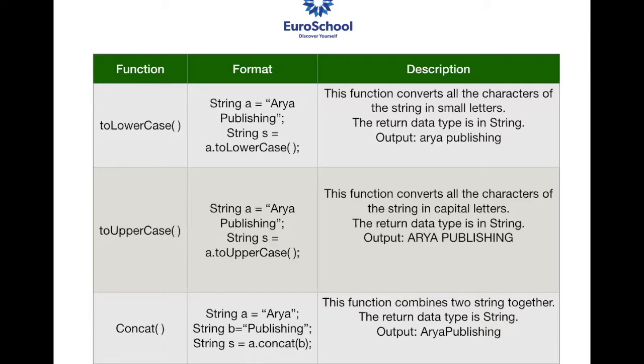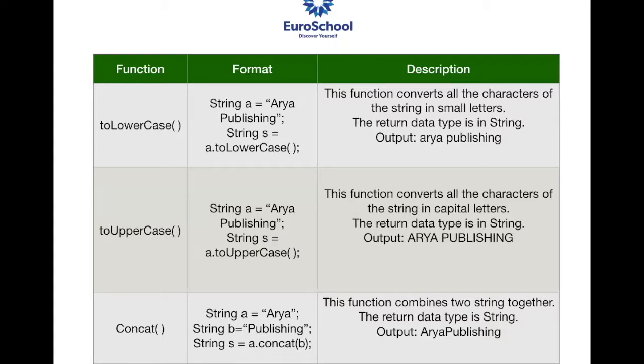Clear with this, everyone? Yes. Okay. So this function converts all the characters of this string into small letters, and as it is converting the whole string, it's not going through each and every character. The whole string will immediately get converted to lowercase. The return data type for it is string. Exactly the same is toUpperCase, the only difference is here it converts it into capital letters. So if you see Arya Publishing, all the letters except A and P are small, so that converts the whole thing to uppercase. I hope both the functions are clear.